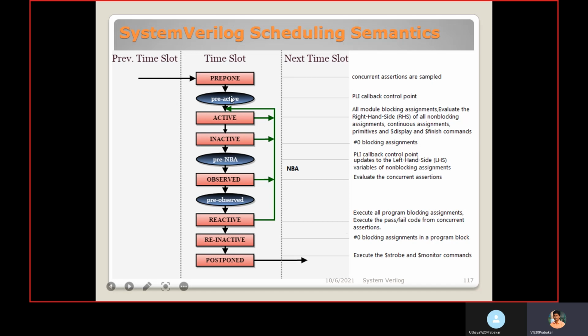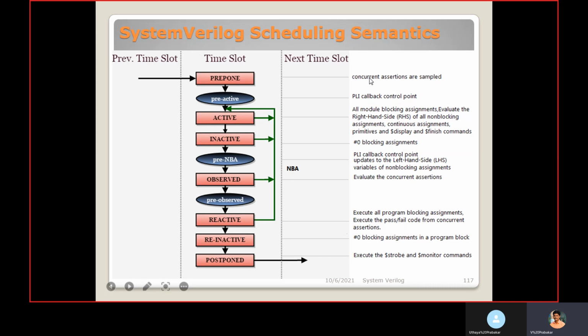First is preponed, then pre-active, active, inactive, pre-NBA, NBA, then observed, post-observed, reactive, pre-postponed, and postponed. In the preponed region, you see concurrent assertions. There are two types: concurrent assertions and immediate assertions.